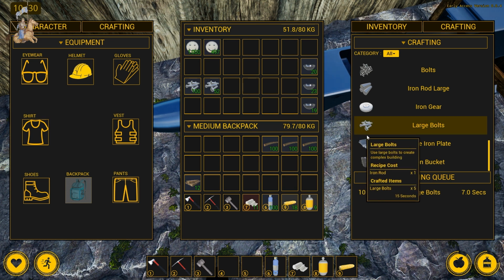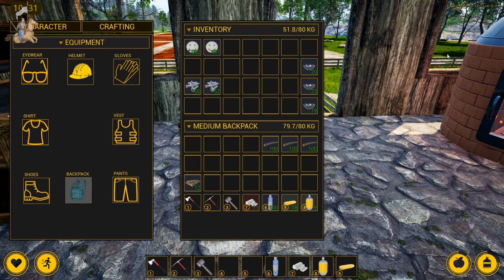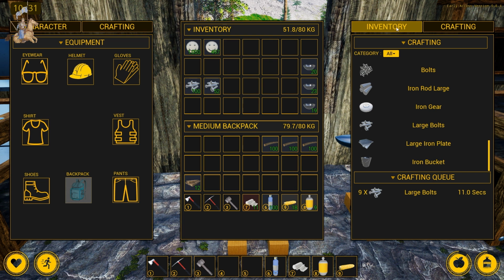For glass panels, we've got the other one. Ordinary nails, fabric and rope back at the other place, I reckon. So we've got to take these bowls back. So we might as well...